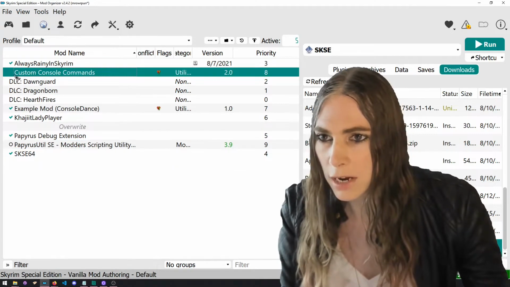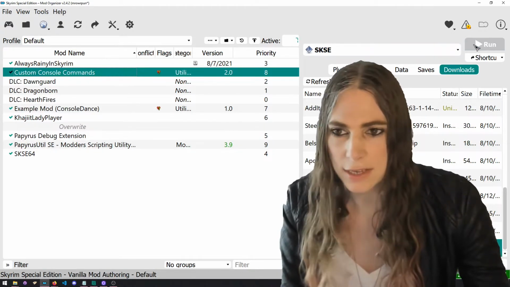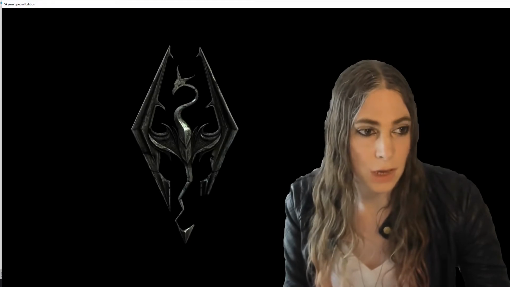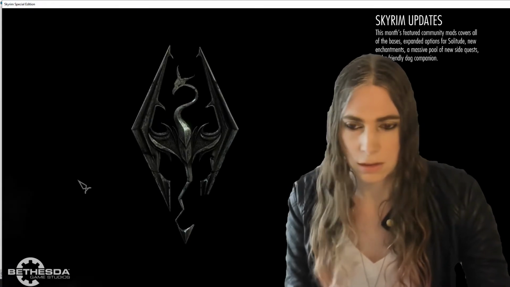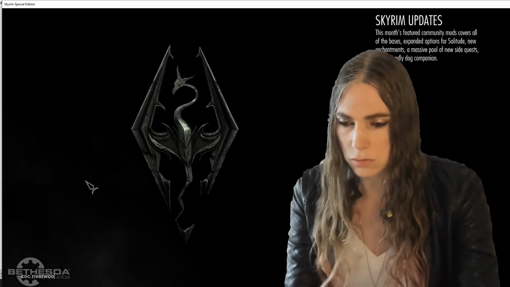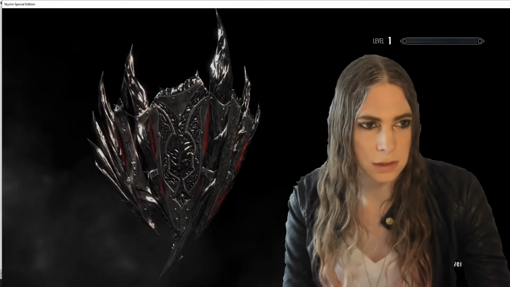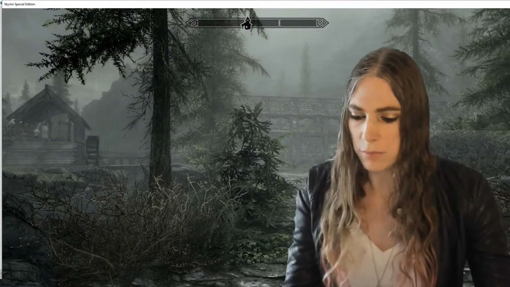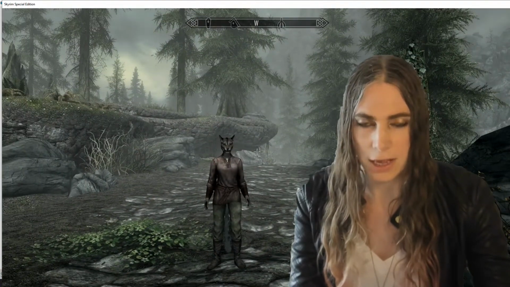Cool, I've already got it here. Boop, boop. Let's go into game. Oh, cool. I'll check it out. Kind of want to read your codes. Console commander, add or remove. Cool. Because here's my janky hack, and I got a Khajiit as my little